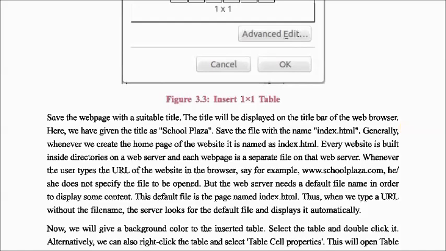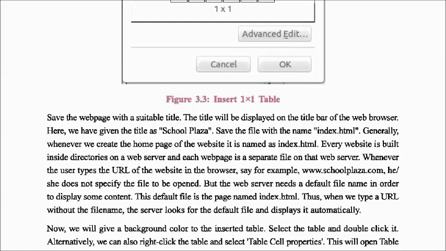Generally, whenever we create the home page of the website, it is named index.html. Home page means first page, and the name given is always index.html. Every website is built inside directories on a web server, and each web page is a separate file on that web server.